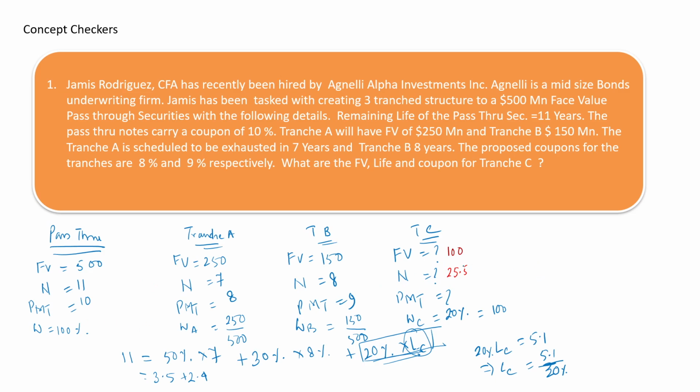So we could write that 10, which is the pass-through security, is equal to 50%, that is the weight of tranche A, and the coupon being paid is 8%, plus 30% of the coupon being paid is 9%, plus 20% of the coupon being paid to tranche C. So if we solve this math, this again becomes fairly easy,